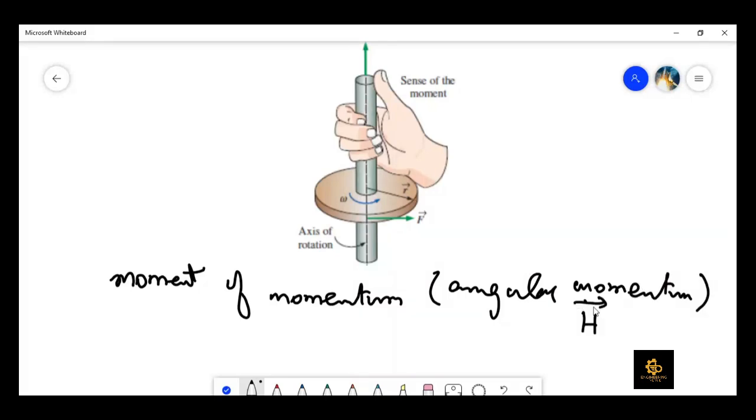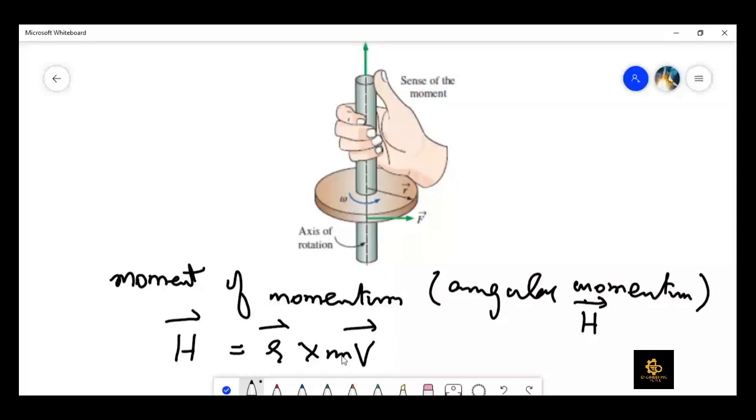That is, h is equal to r, which is the moment arm, cross m v. Right? Now, this r cross v represents the angular momentum per unit mass, because if we divide the whole equation